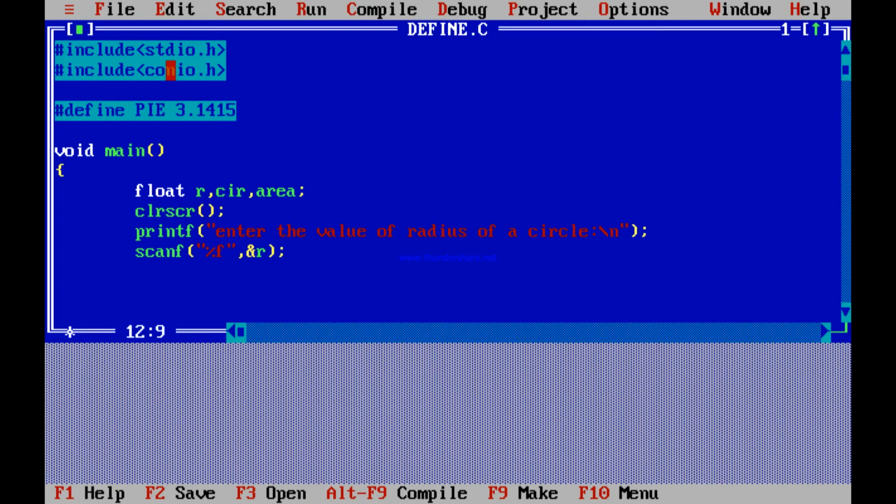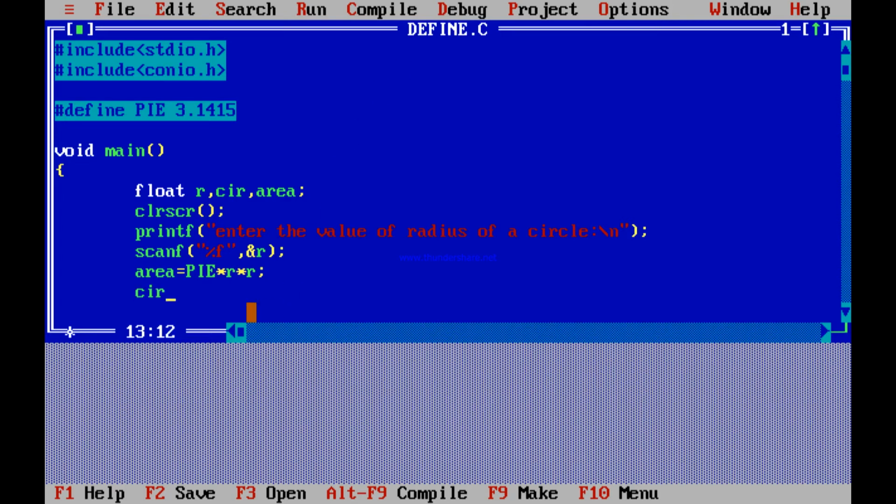Now area. The formula for calculating the area of a circle is pi r square. So pi into r into r, because it is square, so we'll write r two times. The value which we have given for pi, 3.1415, will be replaced by the compiler during compile time.